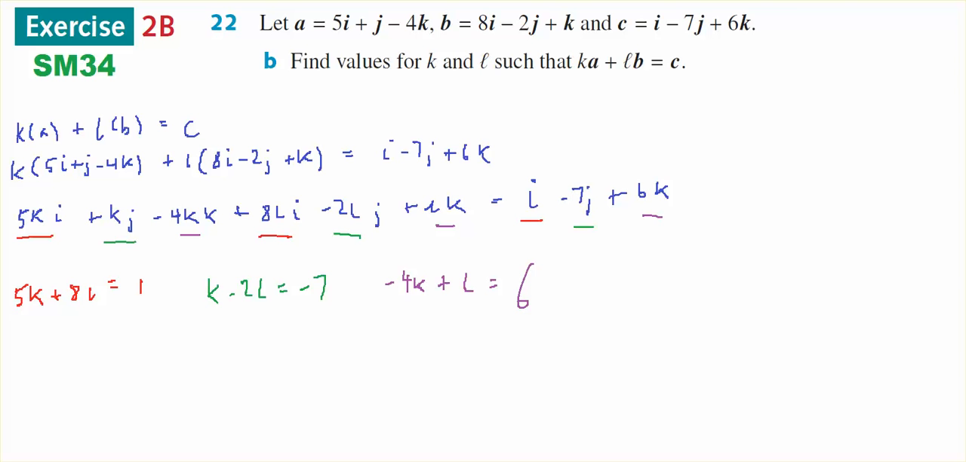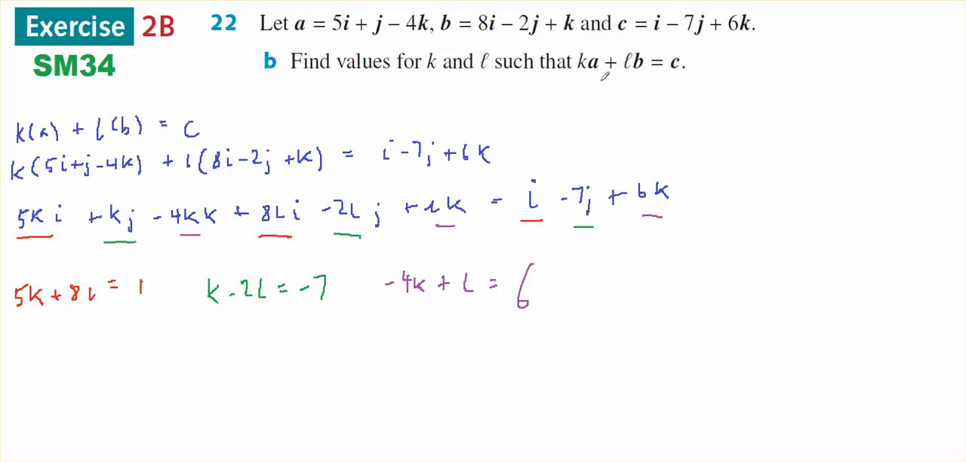This is for Year 12 Specialist. It comes out of 2B, question number 22B. It's about linear dependence. If these three vectors are dependent, then there's a scalar k and l, which means that